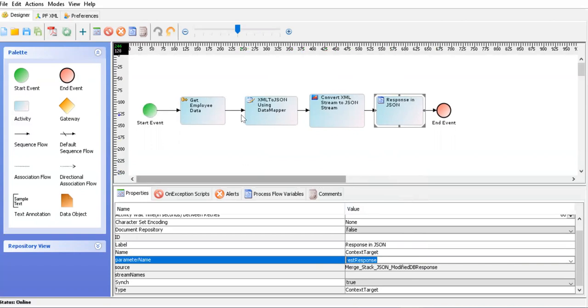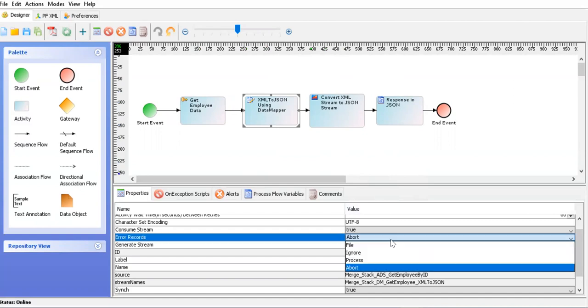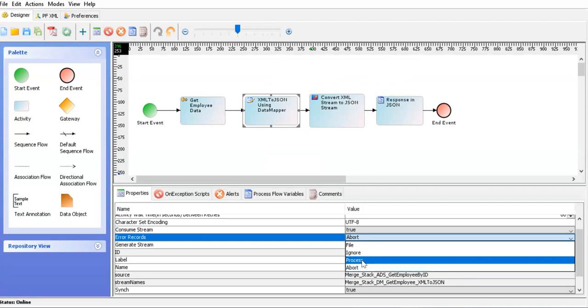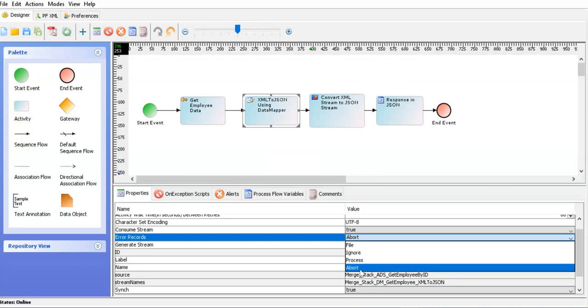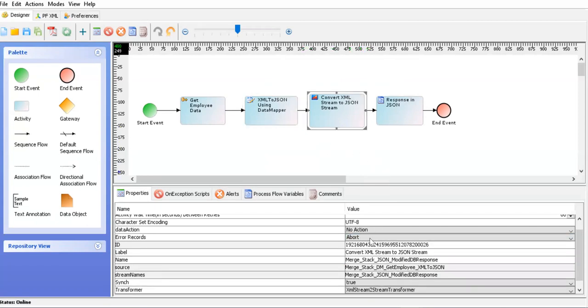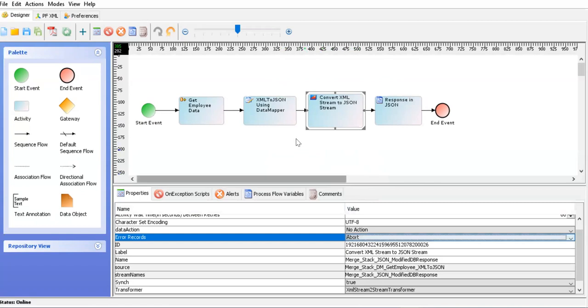Few more things I wanted to add here. Let's say when we are converting, if there are data errors, or you won't receive any data from the database source, then you can abort the flow. There are options here: you can add those records to a file, or you can abort directly, or you can say ignore or process. There are options available, but I chose the abort option. Same, you can choose it here, what you want to do if this data mapper won't return the JSON data. This is like a validation; from a validation point of view, you can add these options.